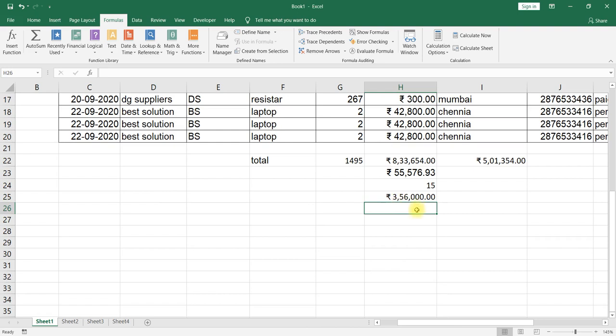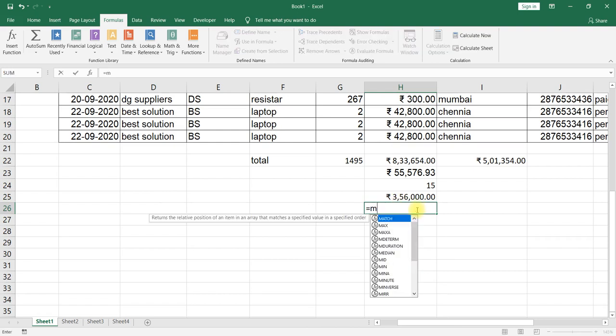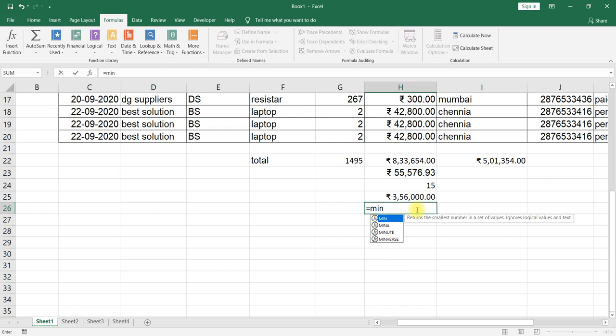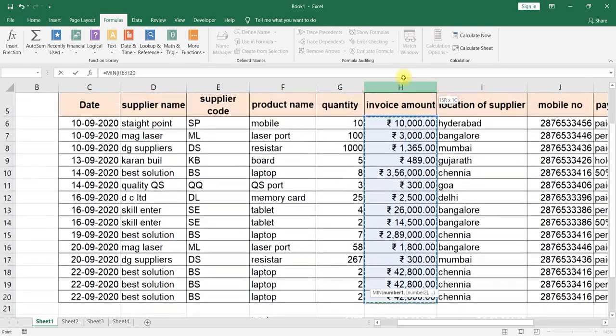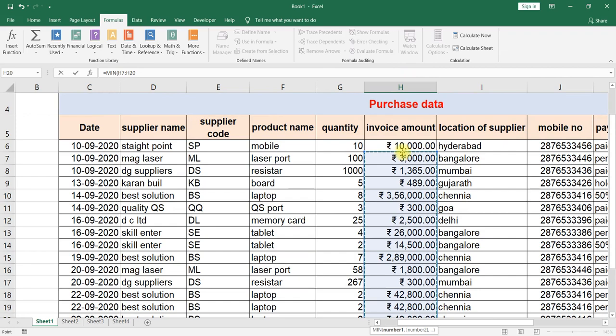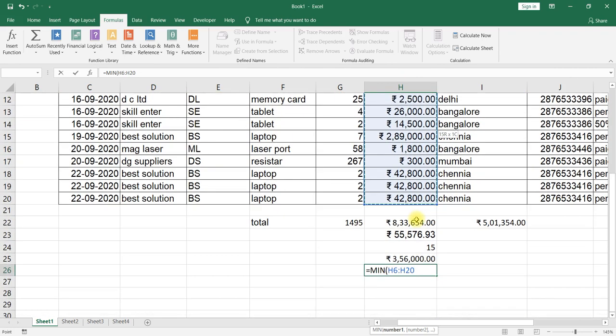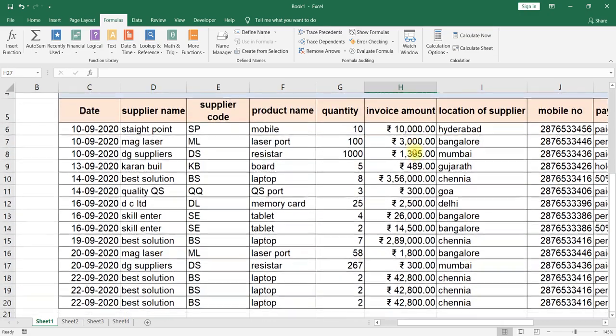Minimum invoice value, same thing, equal to MIN. Double click on that formula, select the entire data, close the bracket, enter. Like this we can check the minimum value.